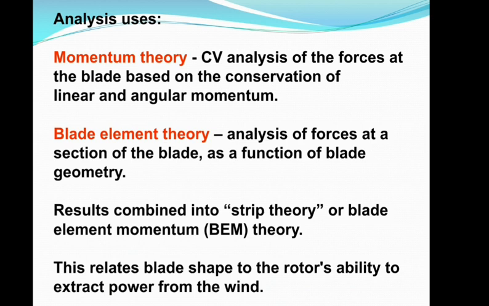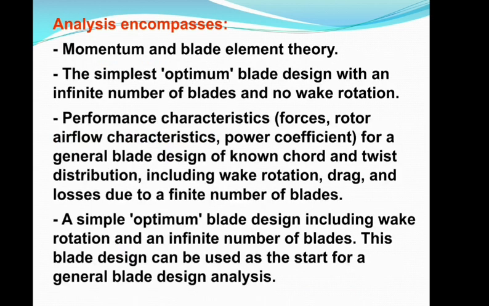The blade element theory analyzes the force at a section of the blade as a function of blade geometry. The results are combined into strip theory, or blade element theory, and momentum theory. This relates blade shape to the rotor's ability to extract power from the wind. This analysis encompasses momentum and blade element theory, the simplest optimum blade design with an infinite number of blades and